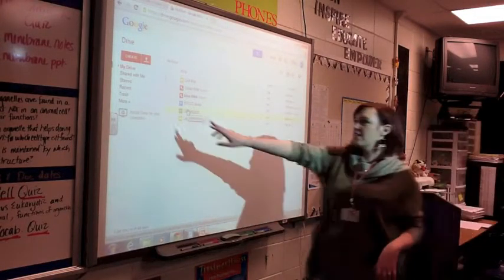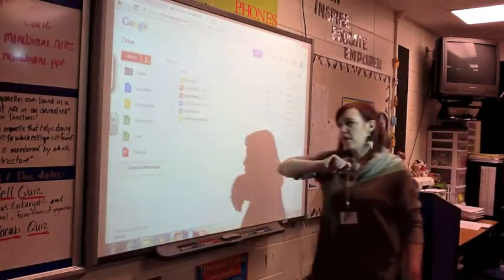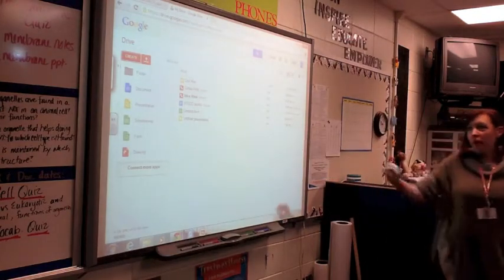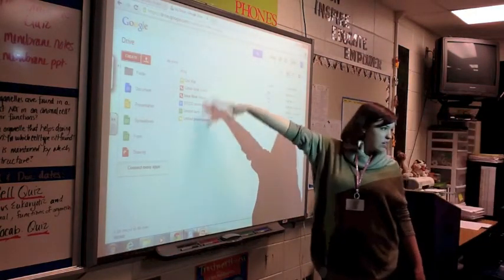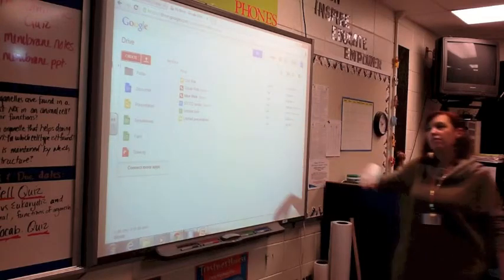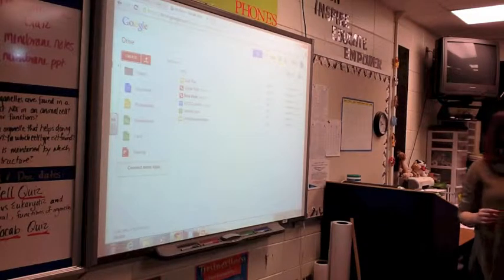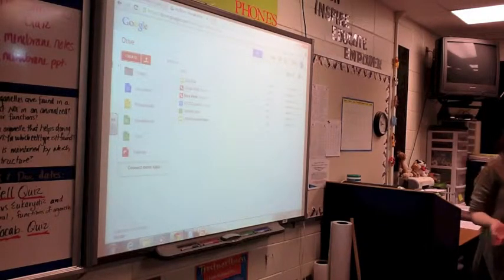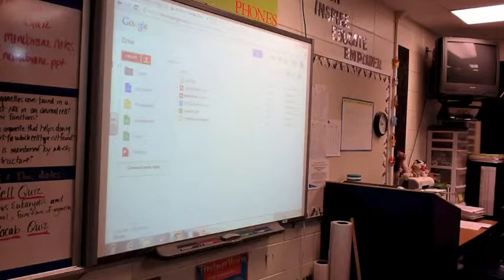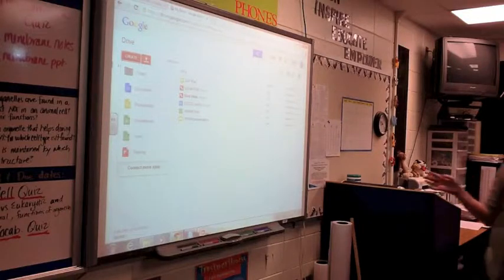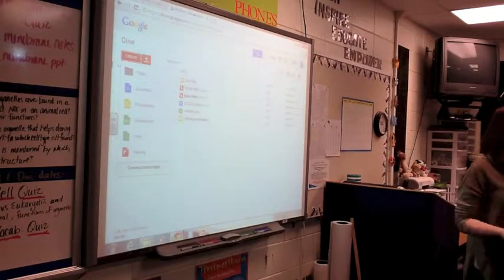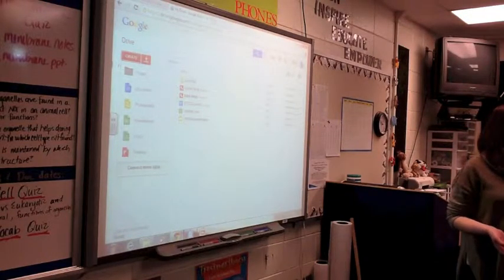So if you click where it says create, it's going to give you a drop-down menu. And you can make folders to organize your documents in Google Drive. But you can make a document, a presentation, a spreadsheet, a form, or a drawing. And like I said, I wouldn't try to tackle all of these at once. Pick one that you feel like you could really use and then get to know that one really well, and then you can figure out some other ones later. But the great thing about this is that they're all formatted a lot like the Microsoft Office things are, so